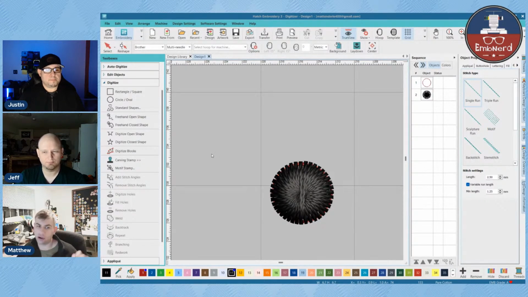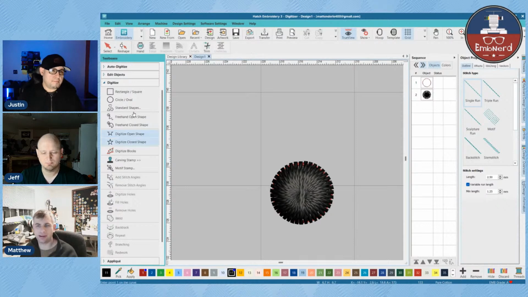Because Justin, I don't know how many designs a day you do, but you don't want to sit there and have to keep on clicking, okay, run stitch, and then convert it to satin. You just want to be able to satin, boom, done, next object. So exactly. With all the other software, you might be able to, like in Hatch, I can click my digitize